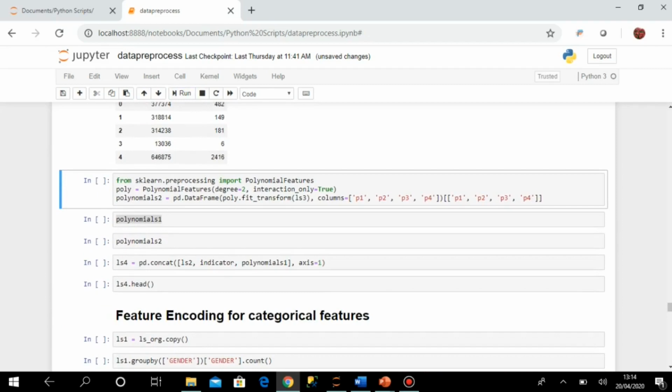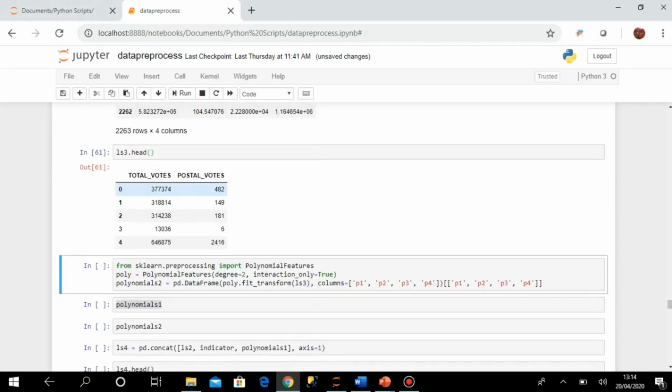When you have 2 columns, it will generate the combination of 2 columns. If it is f1 and f2, then it can be f1 into 1, f2 into 2, f1 f2, all these possible values. So I have taken all these 4.